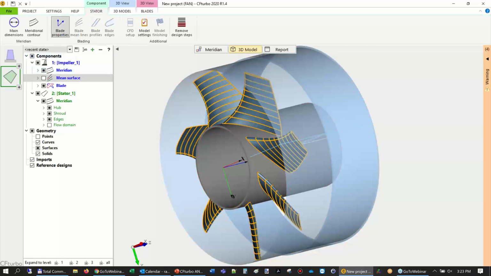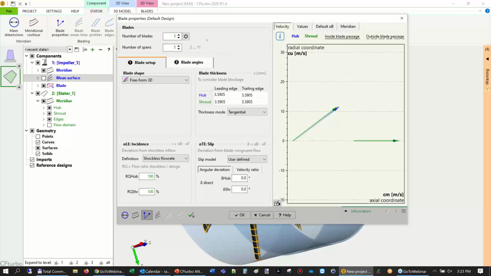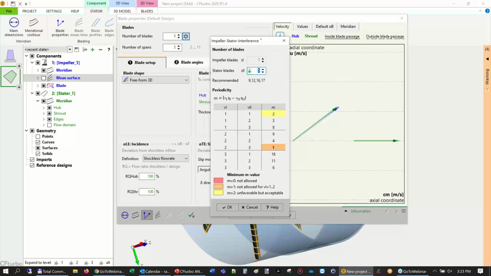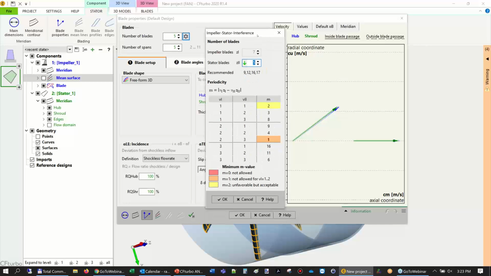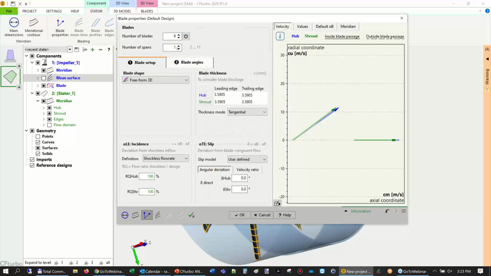And in the stator now, we calculate our blade angles. Same steps, number of blades. We should be careful here because it's a matter that we should avoid pressure fluctuations. And in this case, this is supported in this window, that we can choose a higher number of blades. For example, number of spans, let's say 3 would be enough, I would say, because we choose a simpler